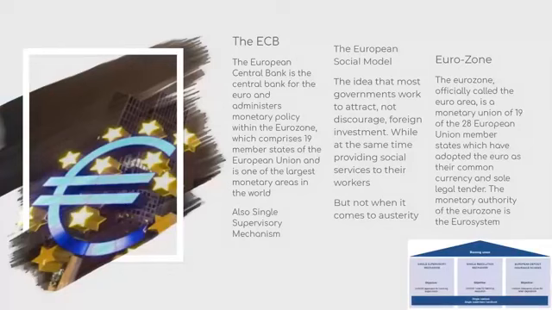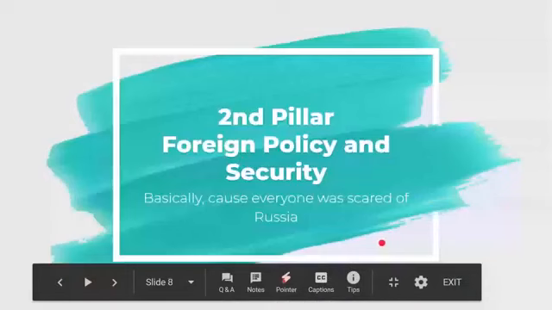So there's only two solutions. One, you get rid of the unitary monetary policy and just have a free trade zone, similar to the AfCFTA, the new African Continental Free Trade Agreement. Or two, you come up with a unified fiscal policy to balance things out. But again, that requires giving up sovereignty, and that could spark other nations already wanting to leave the EU, such as Poland, to really make that breakaway. So I'm glad that we went over that.